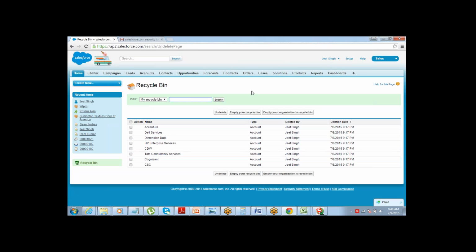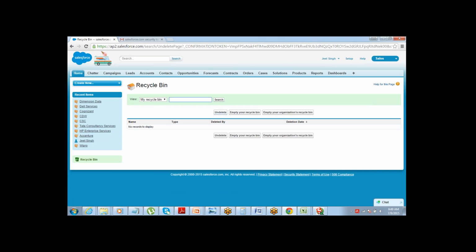Whenever you're performing a delete operation, generally Salesforce puts the data into the recycle bin, so that if you have deleted something by mistake, you have that option of going and restoring it. So let's say I deleted all these by mistake. I can just select the records which I want to restore and say undelete. If I undelete the data, the records will get restored. Let me perform an undelete. So again, the data got back into the database. So the recycle bin option is there.